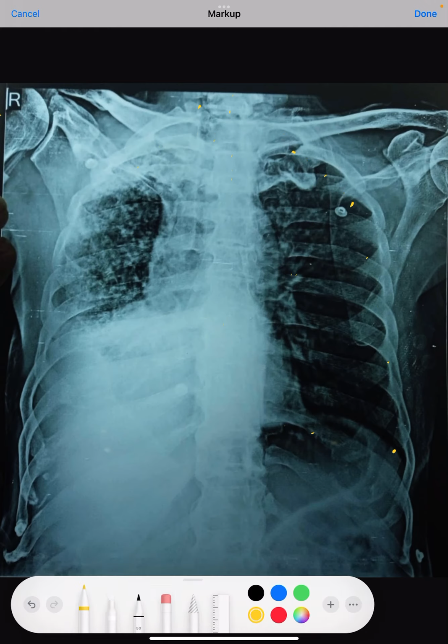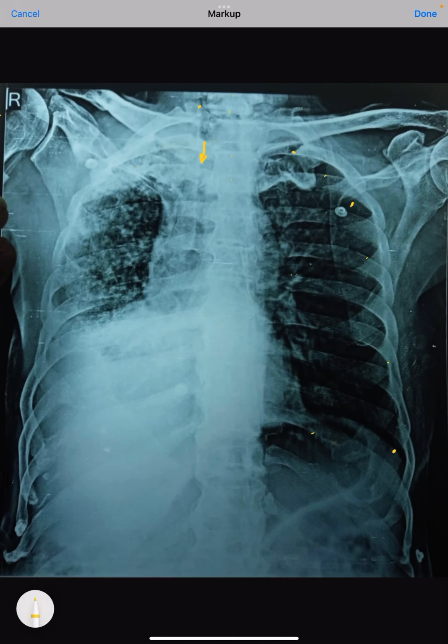So in a nutshell, this is the trachea, which is shifted to the right side. The heart shadow is completely shifted to the right side because there is no heart in this area. These are the mediastinal structures which are completely shifted to this side. We can very nicely make out the radiodense structure. We can very nicely make out the typical nodularity or infiltrates of the lungs, what we can call